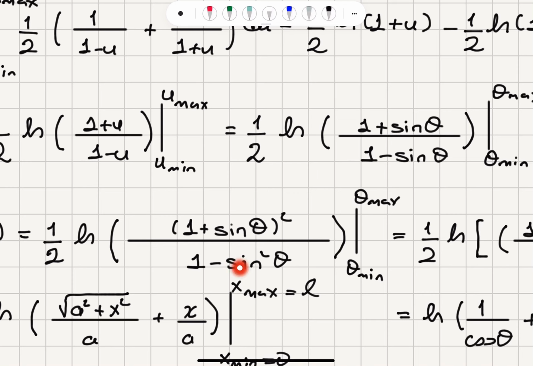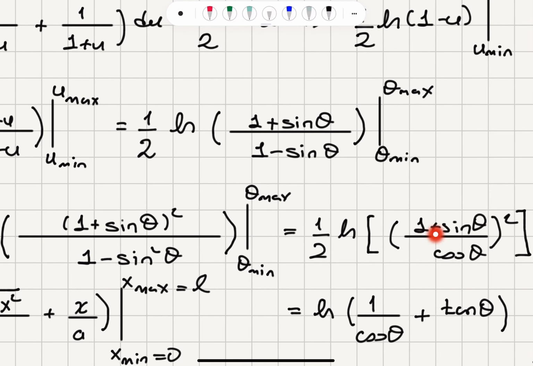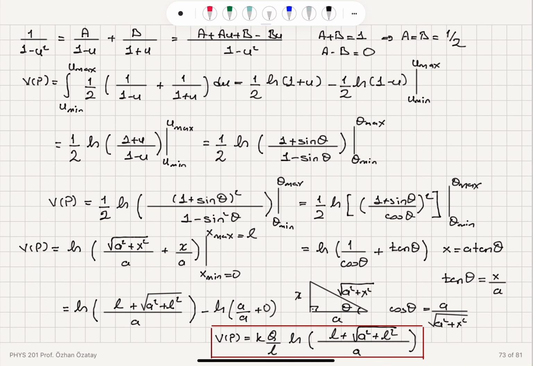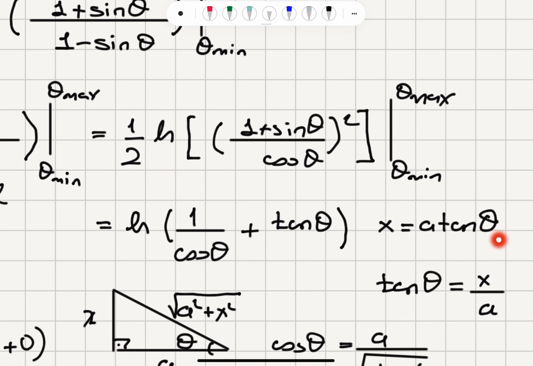And 1 minus sine squared theta is cosine squared theta. So I have 1 plus sine theta over cosine theta parentheses squared. This comes out of the natural logarithm. 1 cancels the 1/2. I'm left with natural logarithm of 1 plus sine theta over cosine theta. Okay, so 1 plus sine theta over cosine theta is 1 over cosine theta plus sine theta over cosine theta, which is tangent theta. Then I remember that I called x as a tangent theta, so tangent theta is x